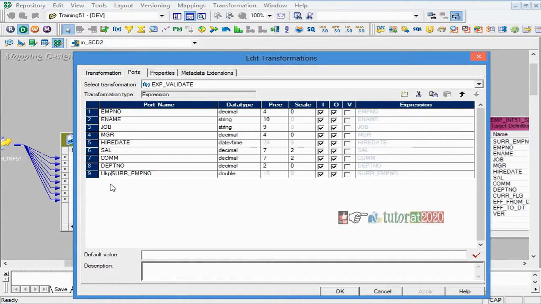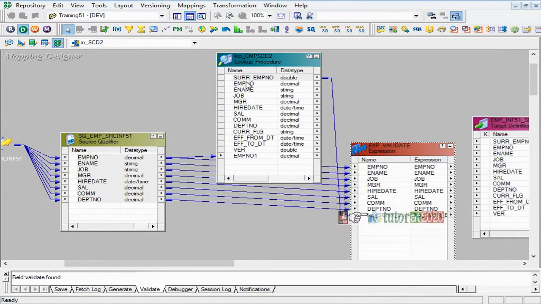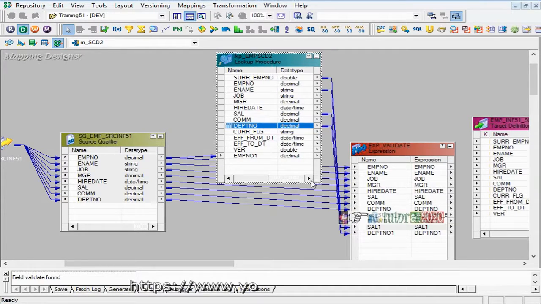So I'm just naming it lookup surrogate key. Lookup surrogate key means old surrogate key. And you don't need to take employee number because that is in the condition. So I'll take 2, 3 columns: salary and department number.